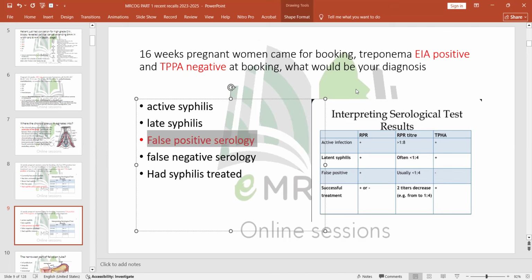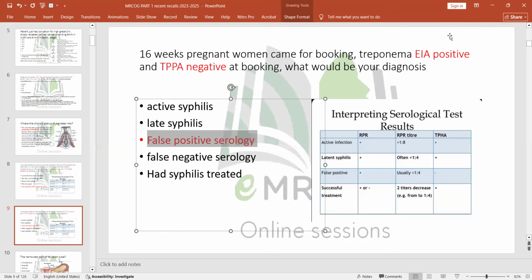This is usually secondary or latent syphilis, yes. Because sometimes the non-treponemal tests are going to render negative after some time. So after like a year or a year and a half, the non-treponemal tests are going to render negative. But once treponemal tests are positive, they are always positive. They are not going to become negative. They are always going to be positive.